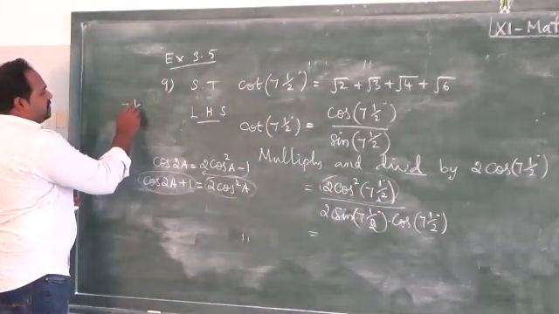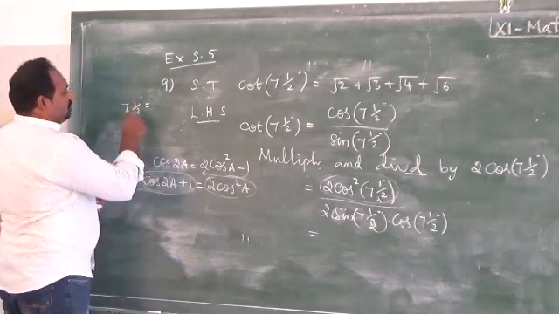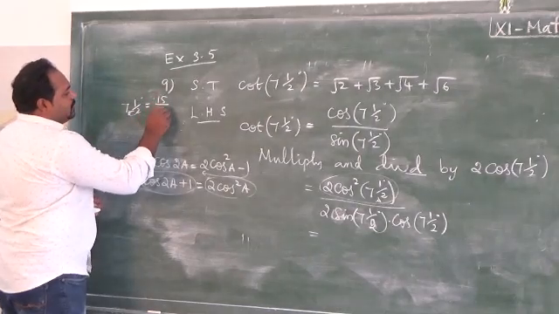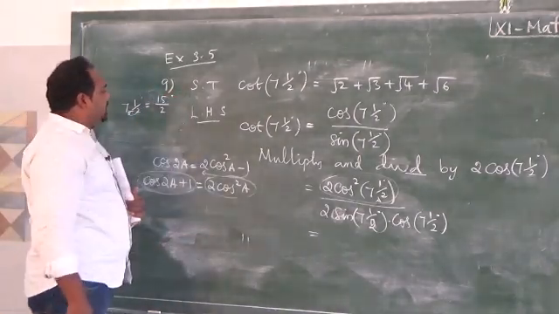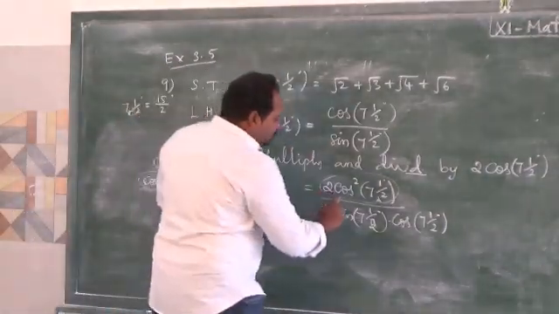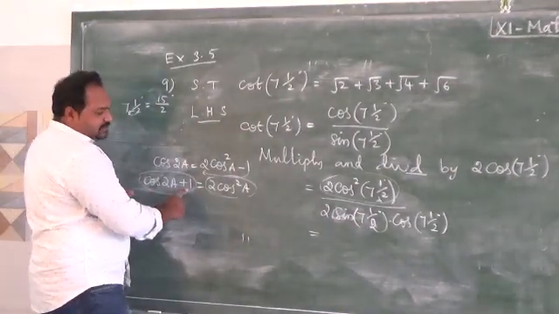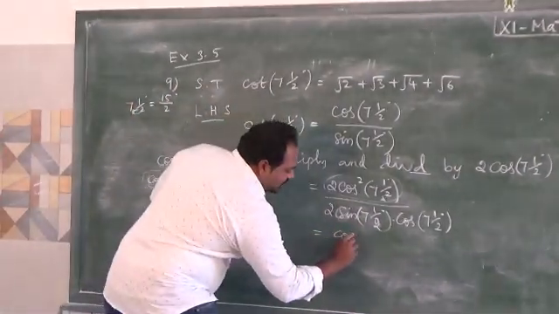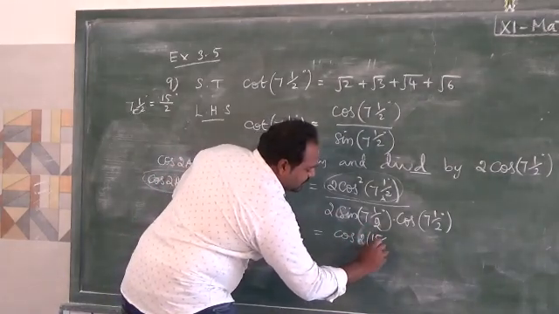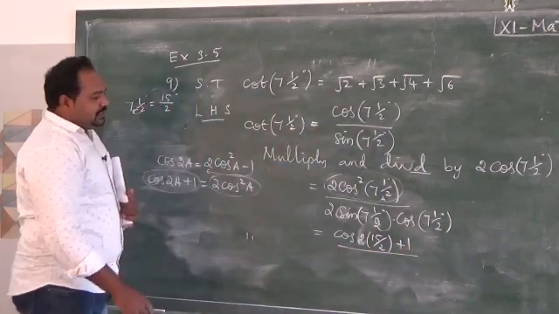Here a is 7.5 degree, which is in a mixed fraction. I am going to change it into an improper fraction. Cross multiply: 14 plus 1 is 15 by 2 degree. So 7.5 degree can be written as 15 by 2 degree. Here 2 cos square a can be written as cos 2a plus 1, where cos 2a is cos of 2 into 15 by 2, plus 1, divided by